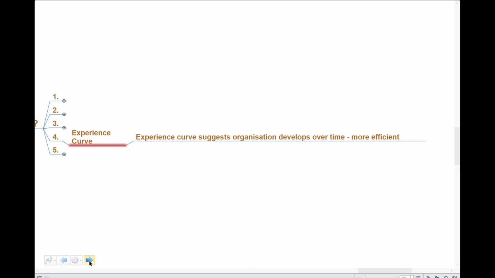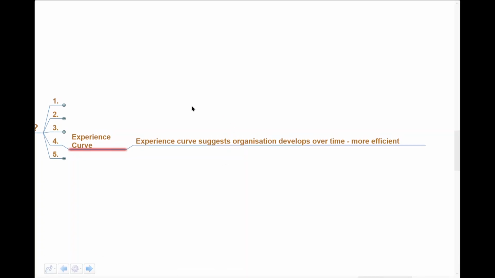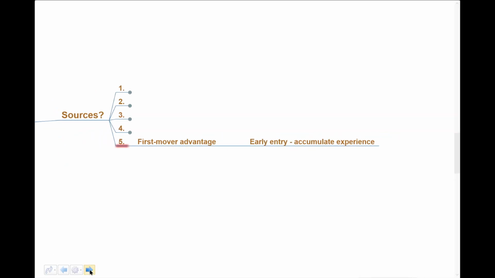Okay. Next area for us is experience. So, in other words, we can gain cost advantages by being experienced. And I've referenced the experience curve here. Pretty simple. It suggests simply that the more times that you do things, the better you get, the faster you get, the more efficient you get at doing those things. So the experience curve is certainly relevant to your cost base and being efficient in cost terms.